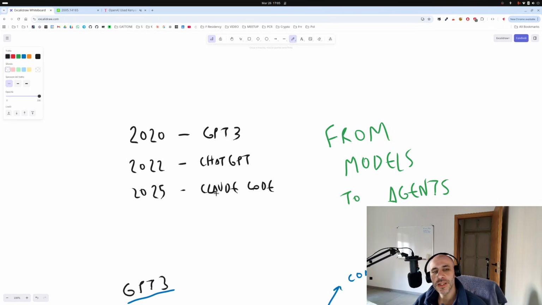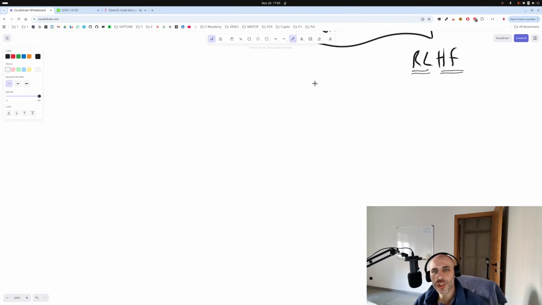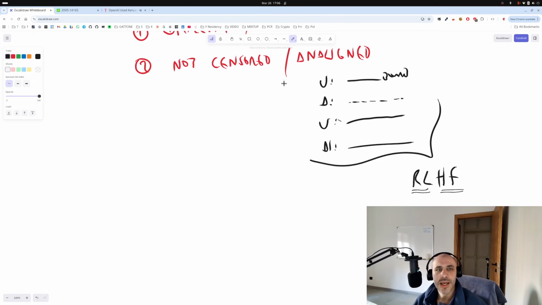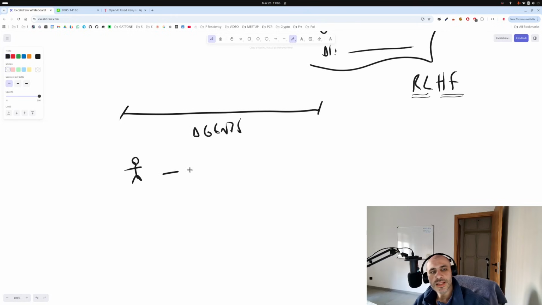Now it's from ChatGPT to Claude Code, and this requires some understanding because we are jumping from the model to an agent. Here we are still in the modeling steps. Now, let's say you have a user, to understand how agents work. The user says something to the model. Saying something means basically a string of tokens, which we call the prompt, but it is also the context.